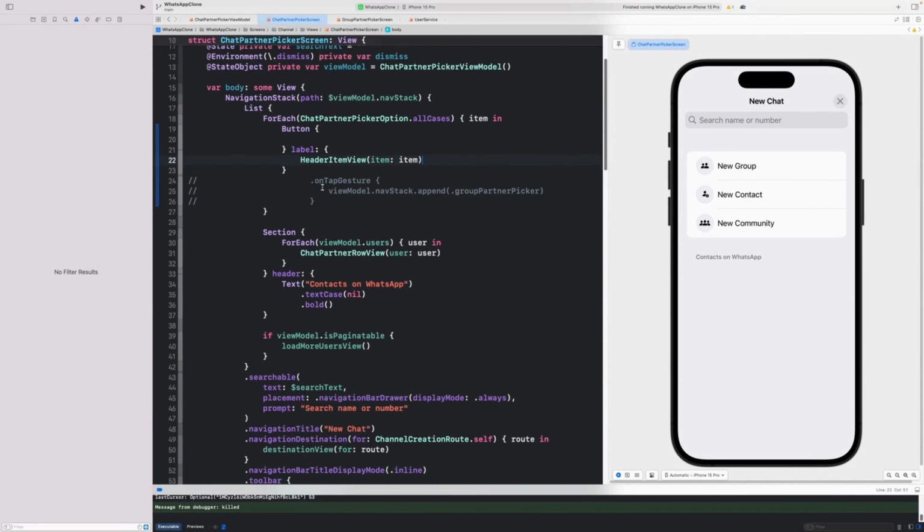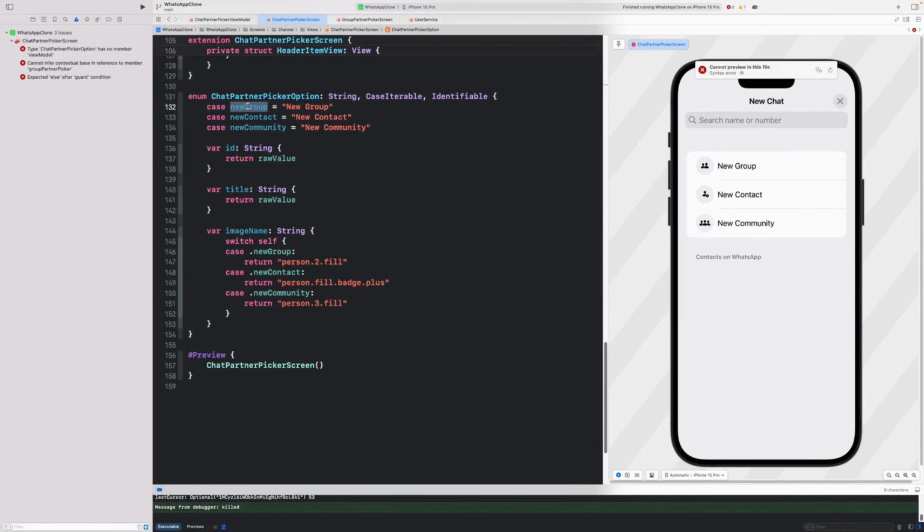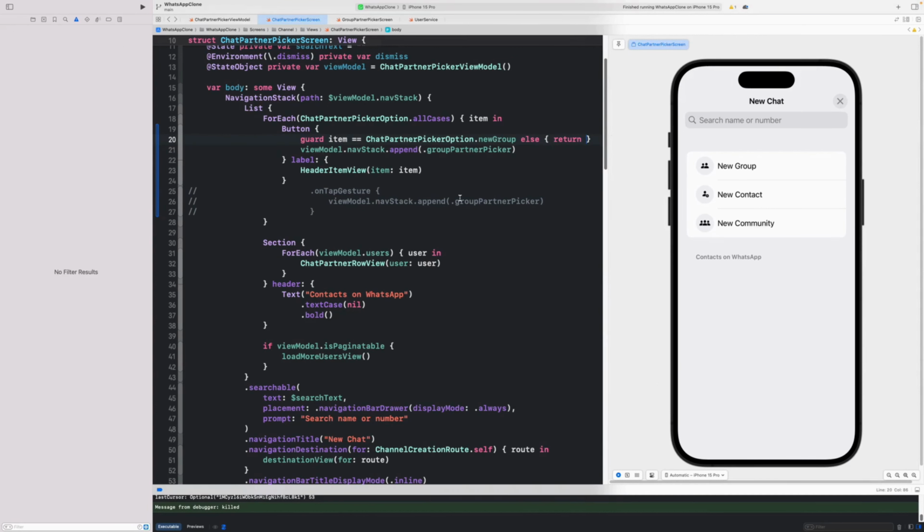And all I'm going to do now is take this function, actually, this logic that fires the navigation, and I'm going to guard against the type. I'm going to say if the item is equal to, let's see, so we have all cases in our chat partner picker options. We're just doing the new group case. If it's equal to chatPartnerPickerOption.newGroup, else return. Okay, and so this is only going to fire